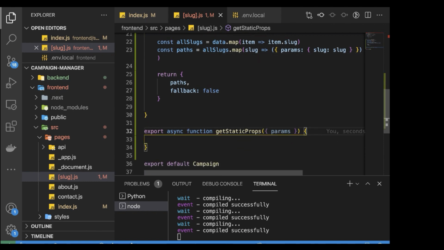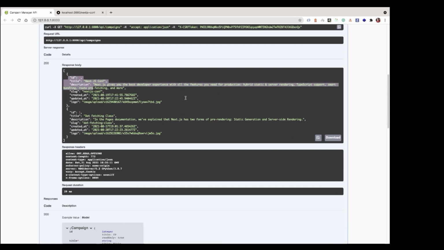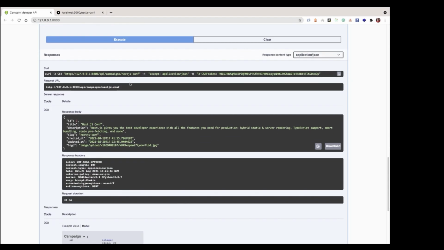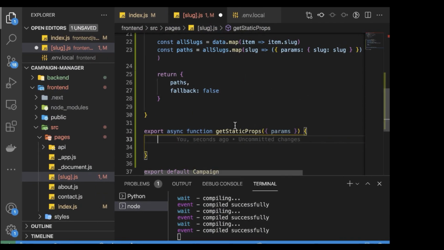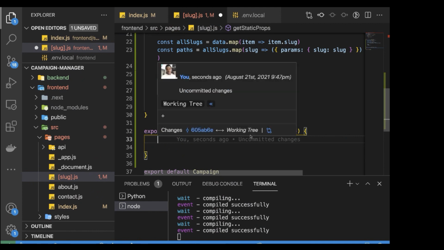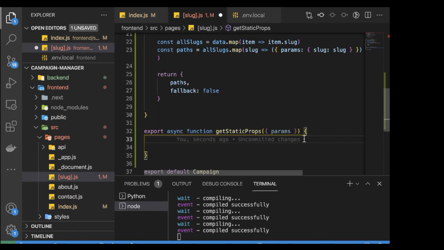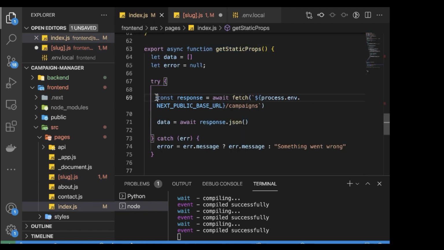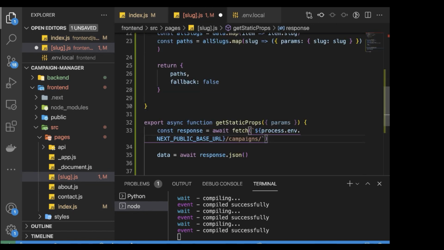So here we can now do a call to our backend, to this endpoint here for the detail, and get this data, and getStaticProps will pass it to our page, and the page can get it as props. So let's go ahead and make a call. So I'm going to come here and make a call like this. So this time we are going to be fetching the detail. So we're going to be using here